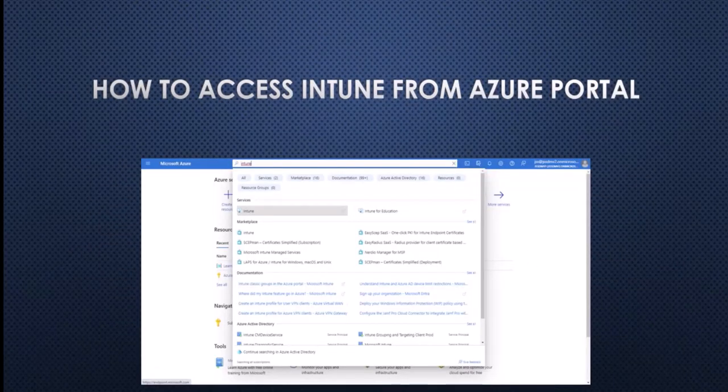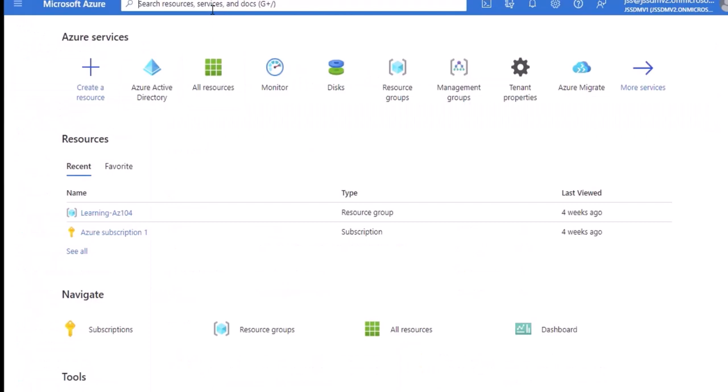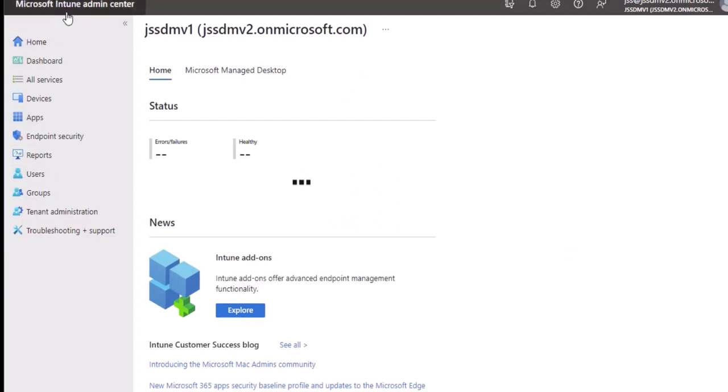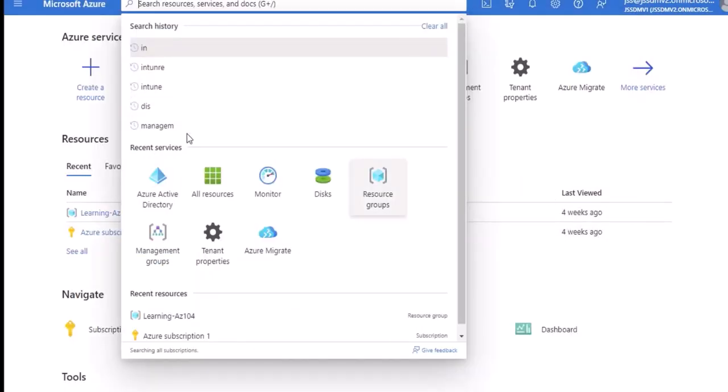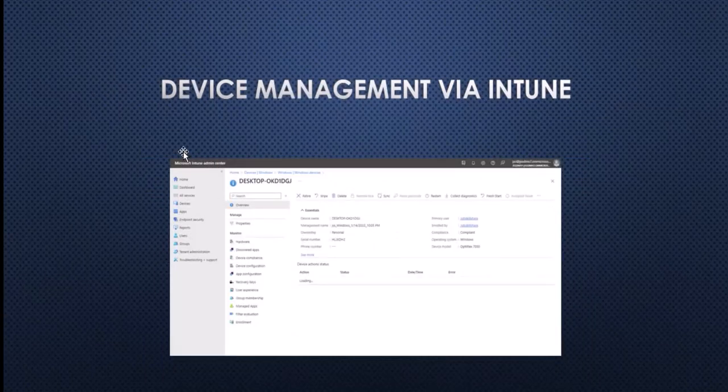How to access Intune from the Azure portal. If you want to access Intune from the Azure portal, it is quite simple. If you type Intune here, there you go, you will find this Intune option, and then you will see that a new tab opens, and it will navigate you to the same Microsoft Intune Admin Center. So here you have the same Microsoft Intune Admin Center, and you can manage your Intune environment from this portal. So this is how you can navigate from the Azure portal to Microsoft Intune, and we already explored this device